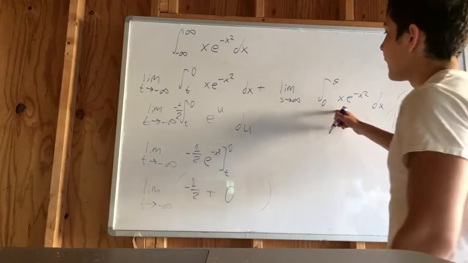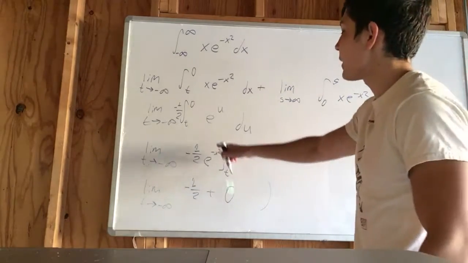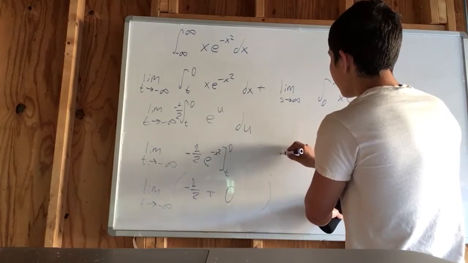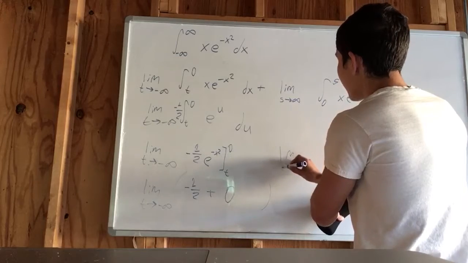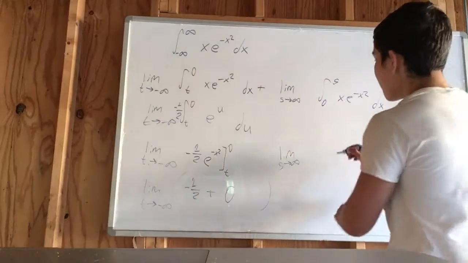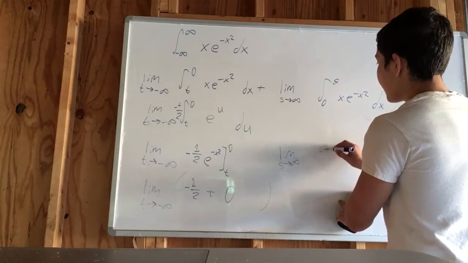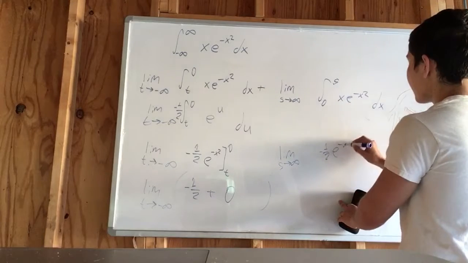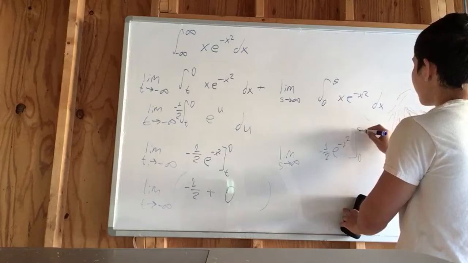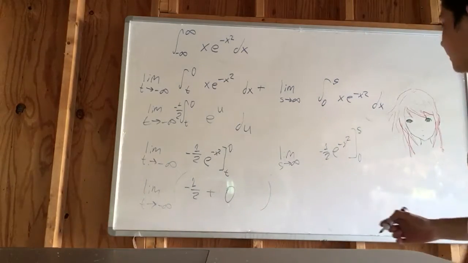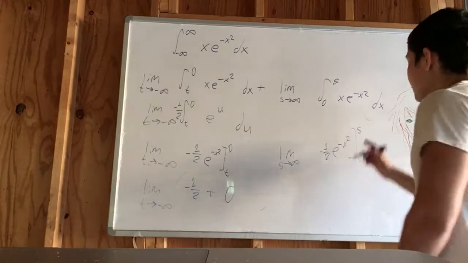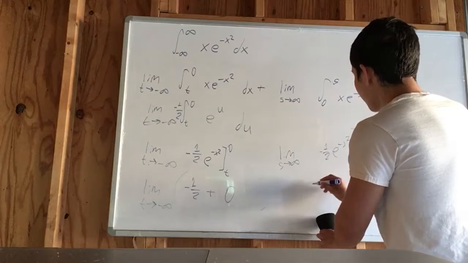So with this one, it's going to be the same. It's going to be this exact same thing, because it's the same integrand. We're letting the limit, just different bounds. The limit as s approaches infinity, and this is infinity instead of negative infinity, of negative 1/2 e to the negative x squared, and this one's going from 0 to s, with s going to infinity. So we first plug in s,